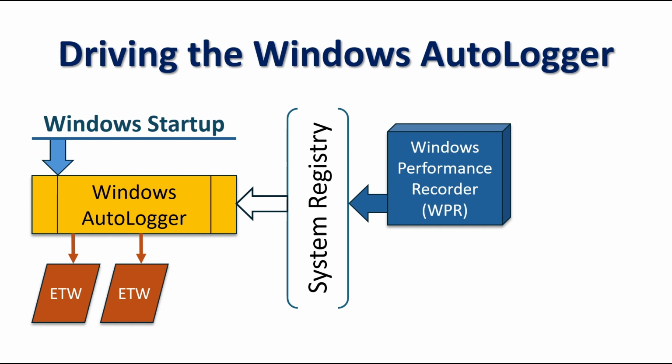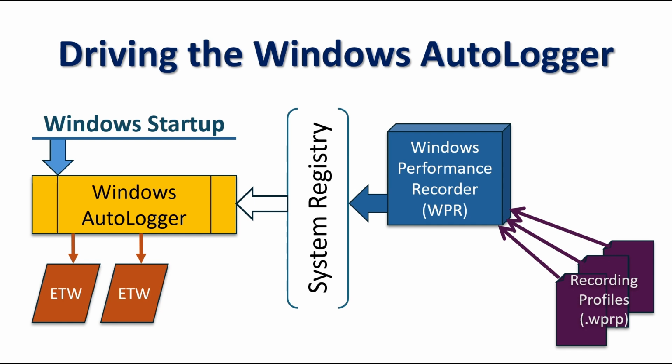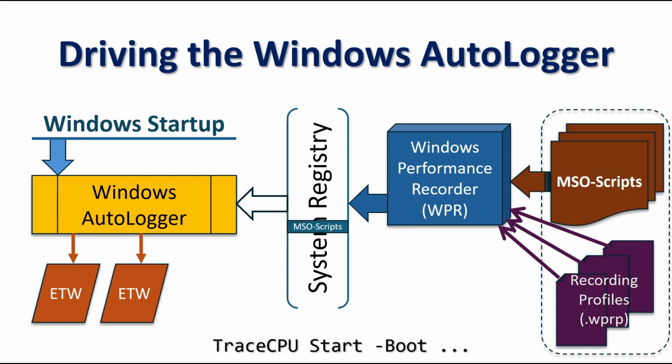But how do you tell it what ETW data providers to enable and what system resources to trace? The answer is that you specify one or more recording profiles. These are XML files in WPR profile format. So where do you find these recording profiles? There are some profiles built into WPR, but the MSO-Scripts script set provides its own set of carefully crafted recording